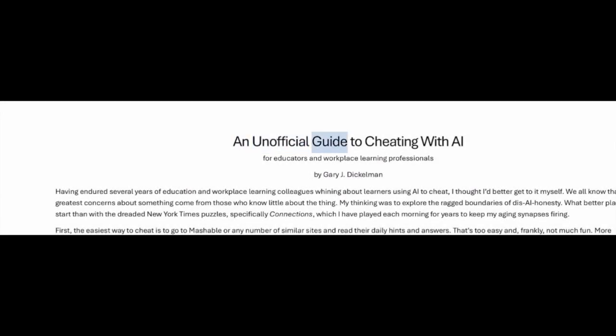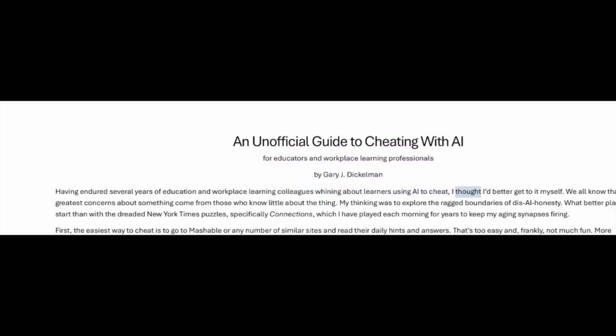An Unofficial Guide to Cheating with AI. For Educators and Workplace Learning Professionals. By Gary J. Dickelman. Having endured several years of education and workplace learning colleagues whining about learners using AI to